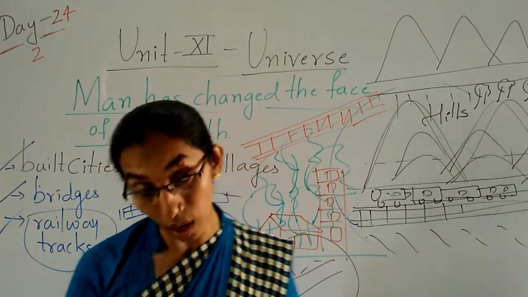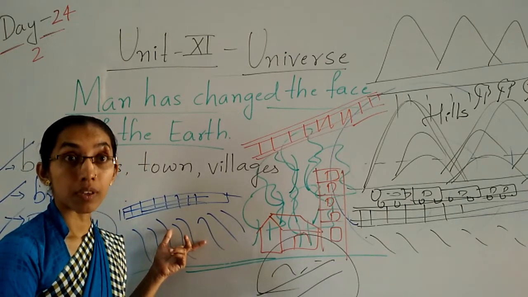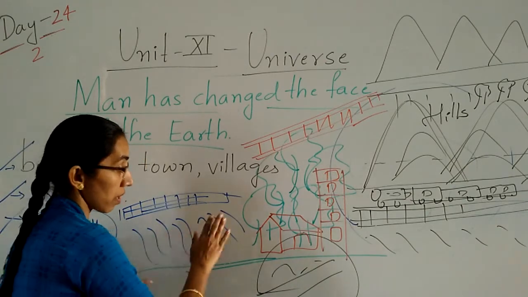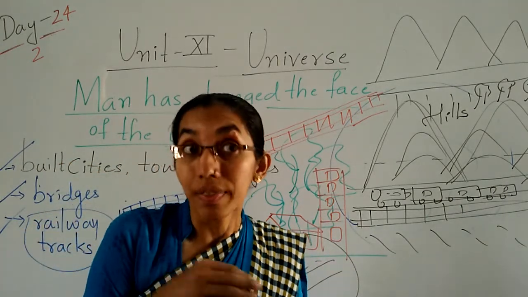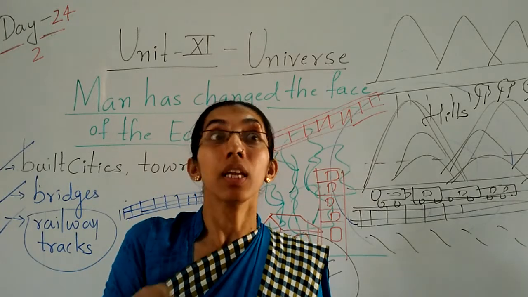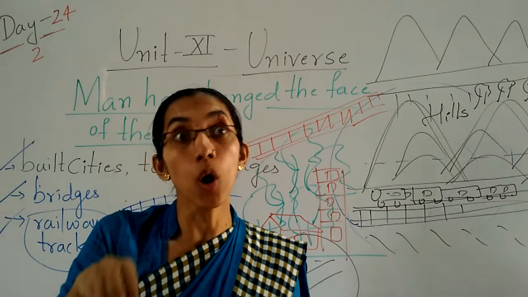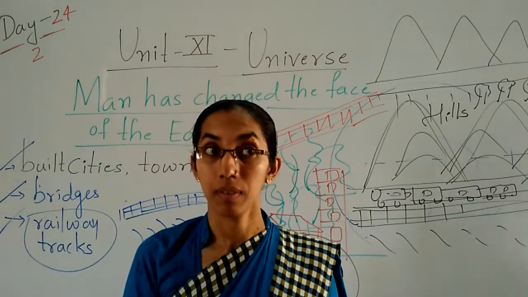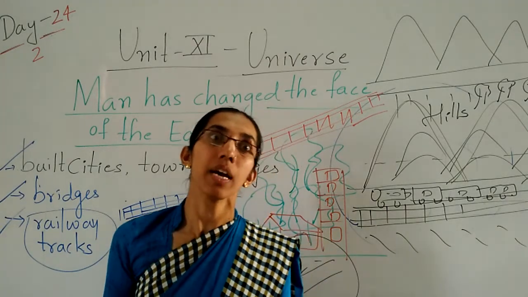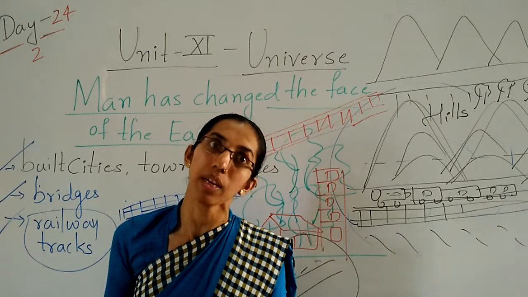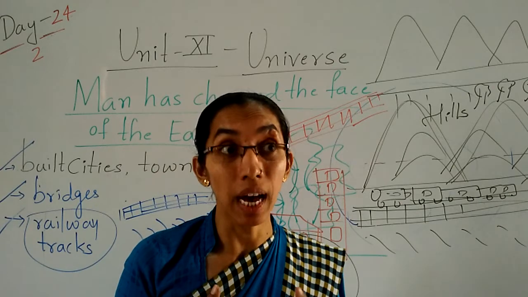And the next thing is what? While cutting the trees, we are constructing numbers of roads and we are inventing numbers of vehicles. What do those vehicles leave? They leave dangerous smoke. And that smoke is mixed in the atmosphere. Then how will it be clean? It won't be cleaned, because we have already destroyed the trees. We cut down the trees. Then how will it be cleaned up? It won't.